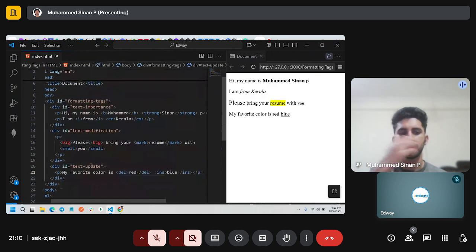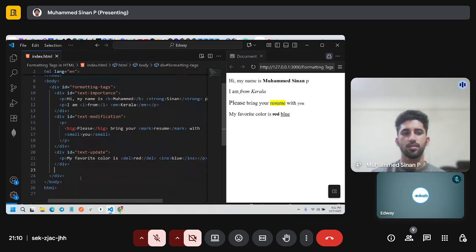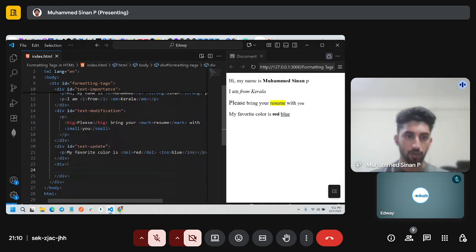So that's the other section of formatting tags. And I hope we can move to the next section based on which the formatting tags are used. That is scientific or technical text.